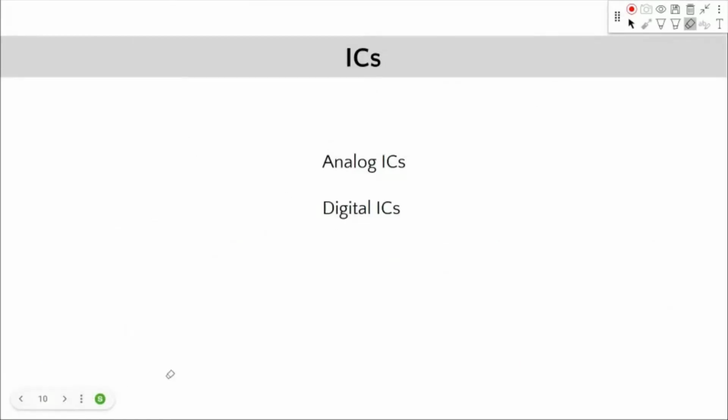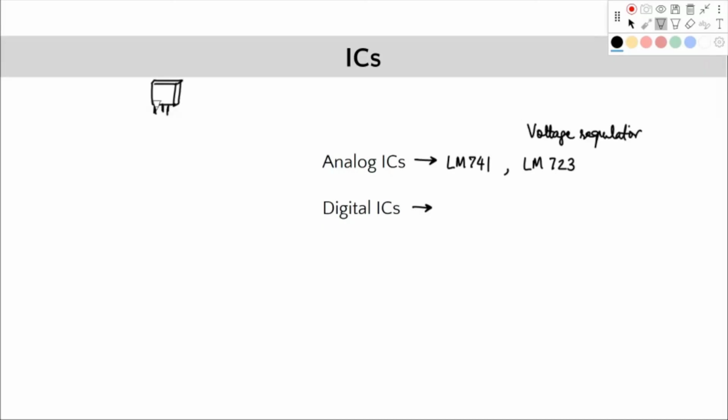Okay. Next is about ICs. So this I already discussed in class once. There are IC हमेशा digital IC नहीं होती. IC can be analog IC depending on what operation it does, or it can be digital IC. Analog IC का एक example है LM741, which is an op-amp which you have used. Another example is LM723. This is a voltage regulator. It has a Zener voltage, Zener diode, of course, within it, but it has a lot of other things also. Okay, so analog ICs are one such case.